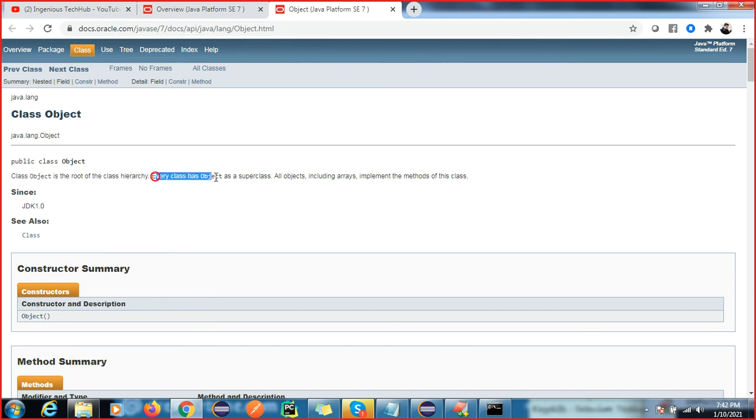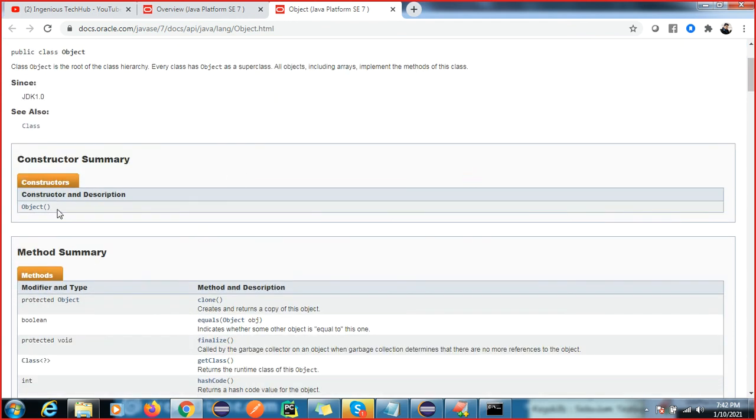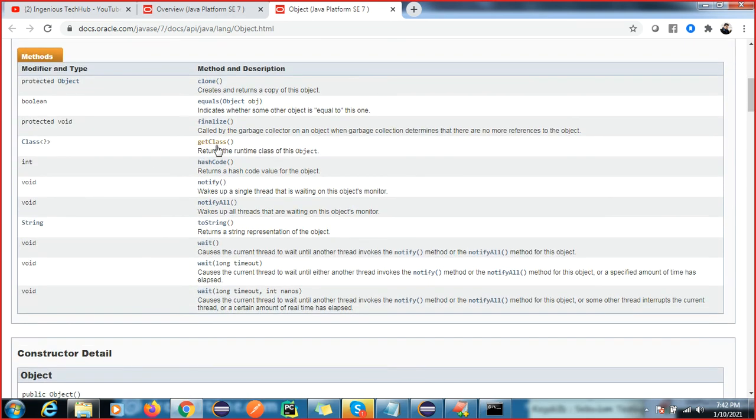Every class has Object as a superclass. All objects, including arrays, implement the methods of this class. Any class you create, the Object class is already there. This is the constructor of the Object class, and these are the methods: clone, equals, finalize, getClass. We will discuss this later; we have a separate topic for the Object class.